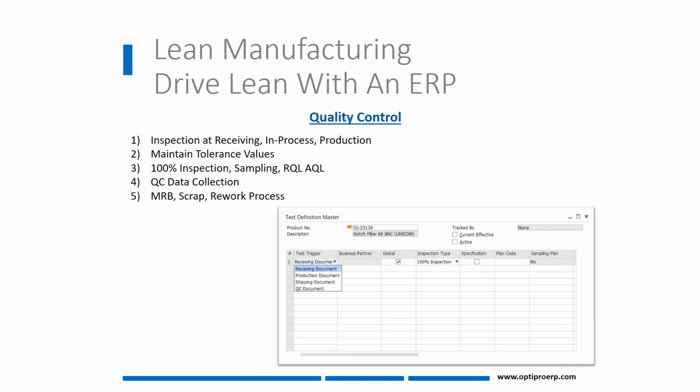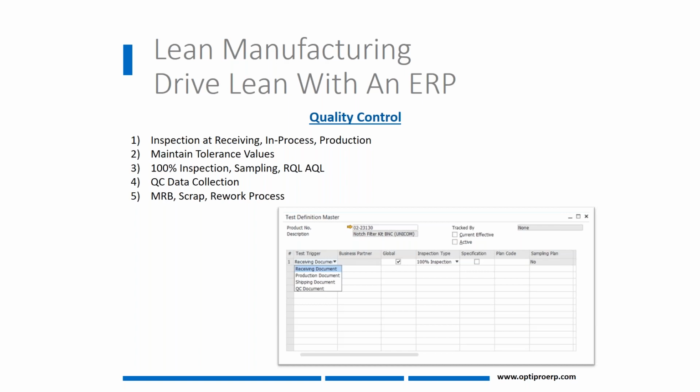The reason that you want to do inspections as often as possible through your manufacturing processes is that you can identify as close to the cause of the issue as possible, so that you understand what happened and can fix the process so that the process doesn't repeat quality errors. This is how you drive process improvements to drive quality up.